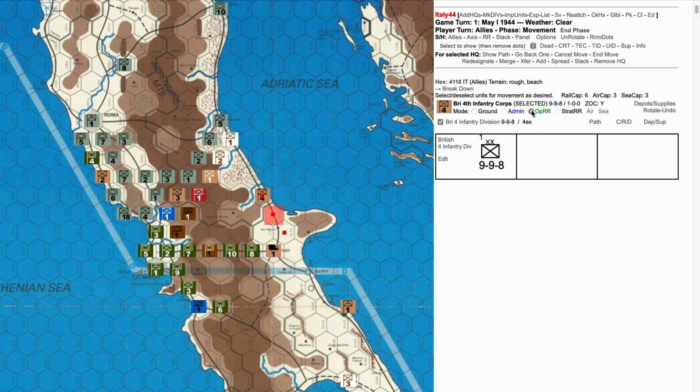We'll try it again. Now we can switch over to operational rail movement, and we can also see, by the way, that this is showing there's a rail break there. So if we tried to do rail movement through that hex, it wouldn't let us. So that mark is just an alert that, hey, no rail movement through here, buddy. It only shows up when we're in rail movement mode. If we're just in regular ground unit mode, there's no sense in showing it. So, and then we'll rail on up to there. Okay, so